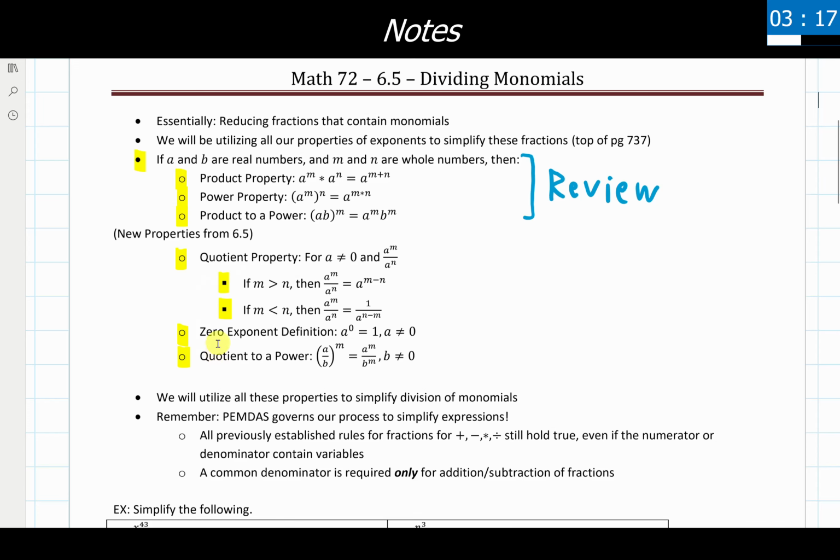Our next one that we have is the zero exponent definition. And this states that if I have any non-zero variable or number raised to the zero power, the result is always going to be 1. A lot of people have the misconception that if we have a base raised to the zero power, that the answer is going to be 0, much like when we have 0 multiplying with something. However, this is not a base multiplying with 0. This is something raised to the 0 power, a completely different operation.